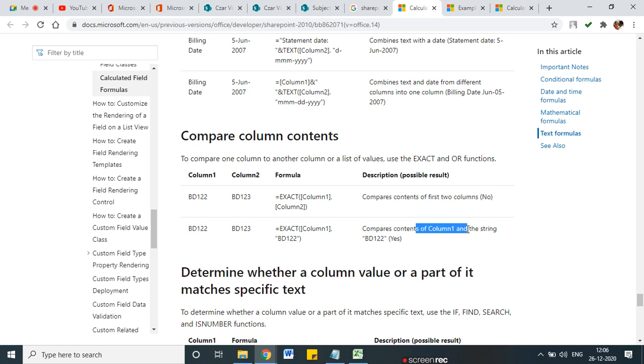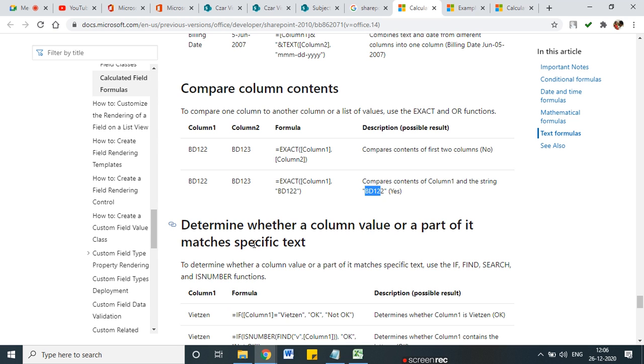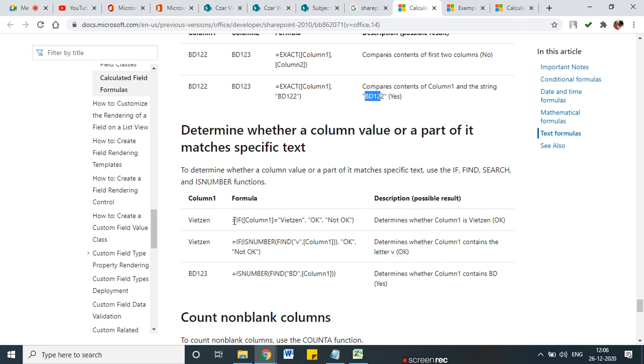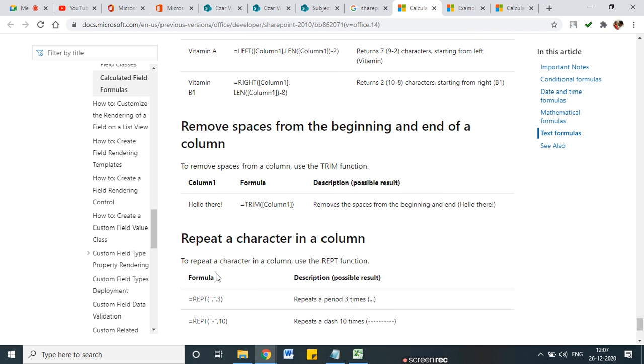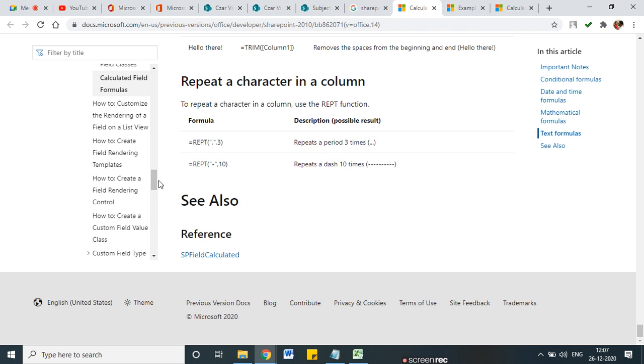Compare the content of column 1 and the string bd1122, and see what the output will be. Determine whether a column value is part of a specific text. If column 1 contains this specific text, for example this name contains v, yes it contains v, then it will display that this part of the characters is there. So there are text formulas also. There are n number of formulas associated with SharePoint calculated fields. If you go here, you can see here,